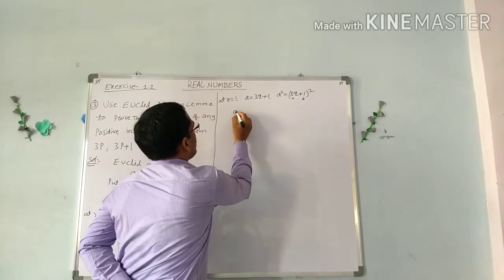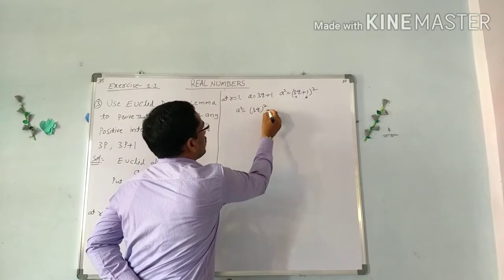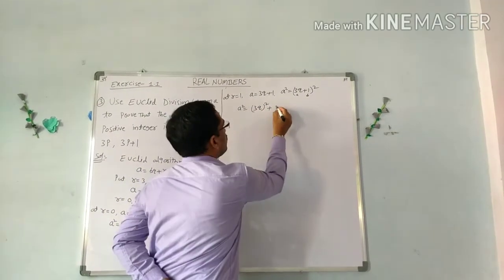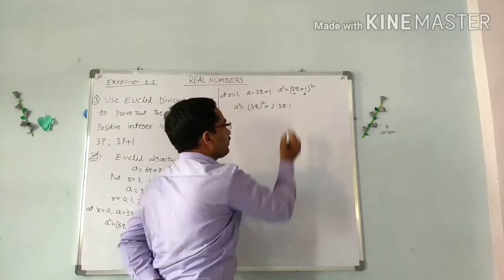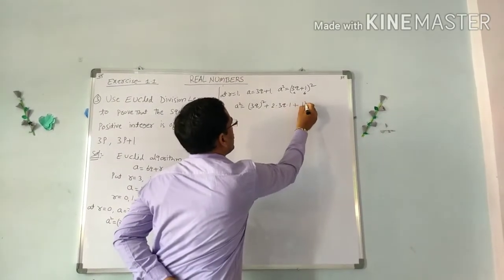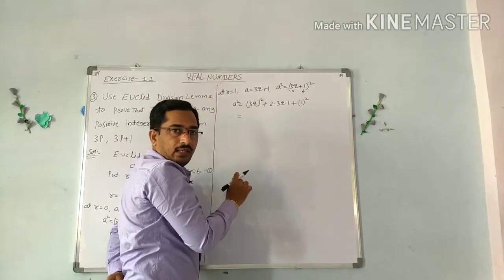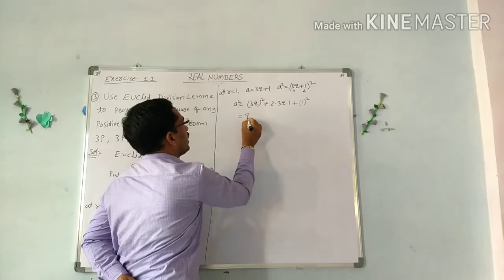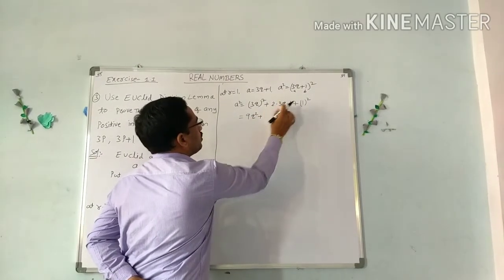So a square equals 3q whole square plus 2ab, b value 1, plus b square, 1 square. Now 3q whole square is 9q square, plus 2 into 1, 2,